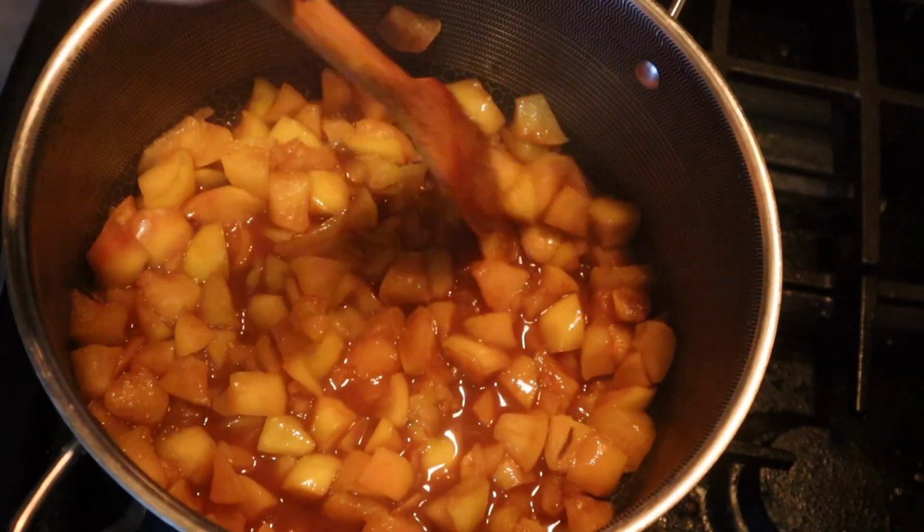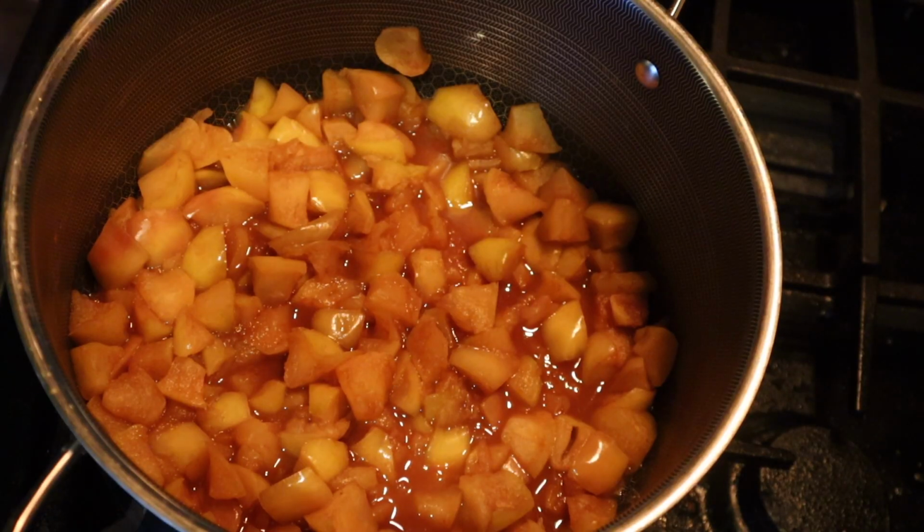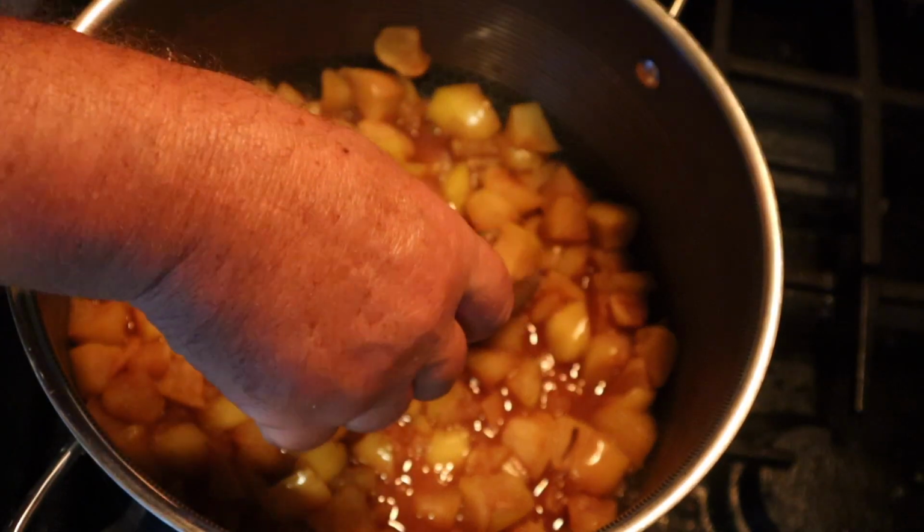And after those 20 minutes, your apples should be pretty soft and tender. You can just go ahead and smash them with a fork. It's very hot, but you can try one. That one right there? Yep, that one. That one's yours. Go ahead and remove it from the heat and let it cool down for just a few